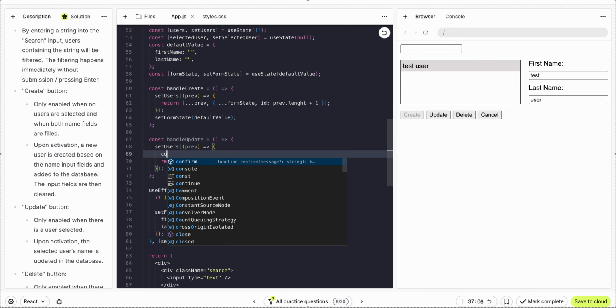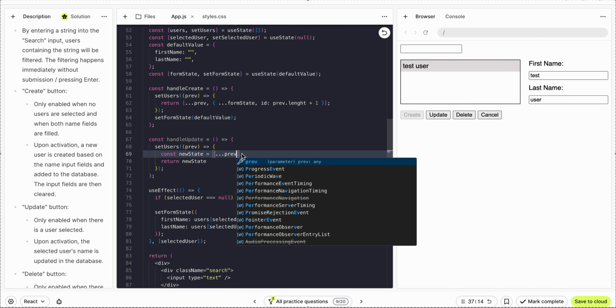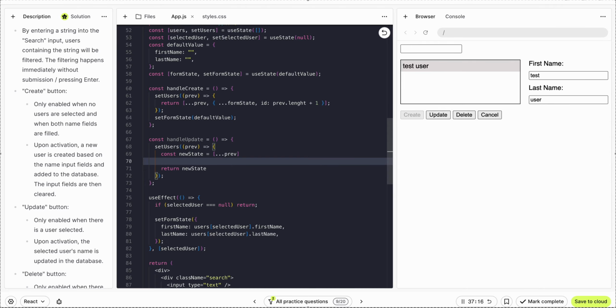So const new state equal to our prev, and then we will do